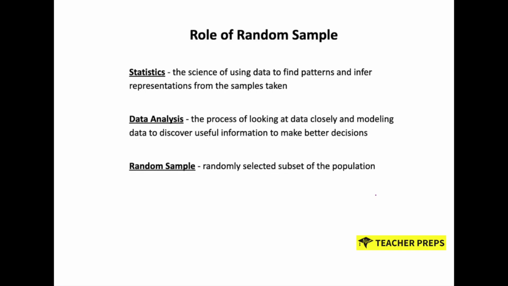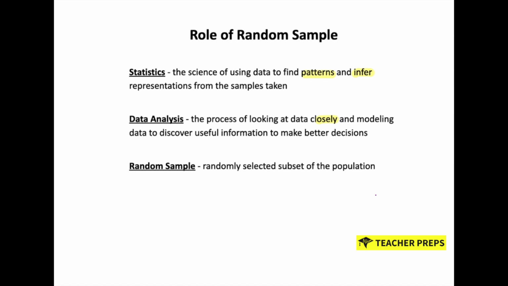In this video, we're going to talk about the role of a random sample. Statistics is the science of using data to find patterns and infer representations from the samples taken. When taking data on something, we need to know what that data is going to tell us. Data analysis is a process of looking at the data closely and then modeling the data to discover useful information